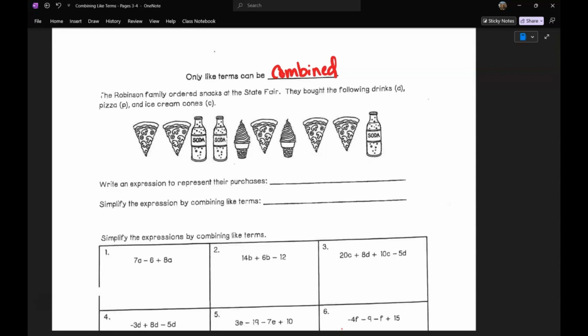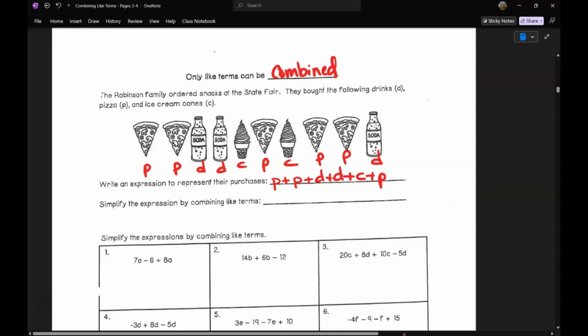The Robinson family ordered snacks at the state fair. They bought the following drinks. We're going to use the letter D for drinks. Pizza, we're going to use the letter P. And ice cream, we're going to use the letter C. Write an expression, that means like a math sentence, to represent their purchase. So P for pizza, pizza, drink, drink, ice cream cone, pizza, pizza, drink. So our expression is P plus P plus a drink plus another drink, ice cream, pizza, ice cream, more pizza,